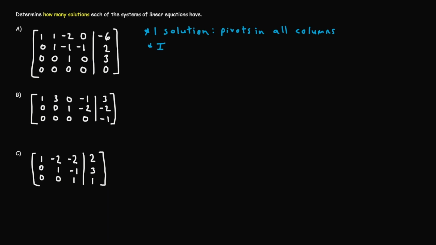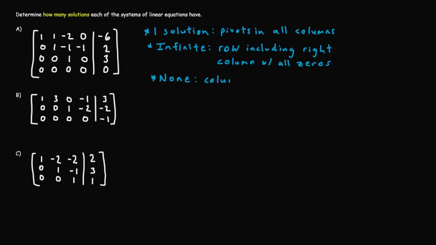Next, we have infinite number of solutions, which means that there is a row, including the right column, with all zeros. So basically an entire row that contains only zeros. And for the last case, we have no solutions, which means that there is a column that doesn't have a pivot. And so, for example, looking at the first matrix here, these ones are pivots,